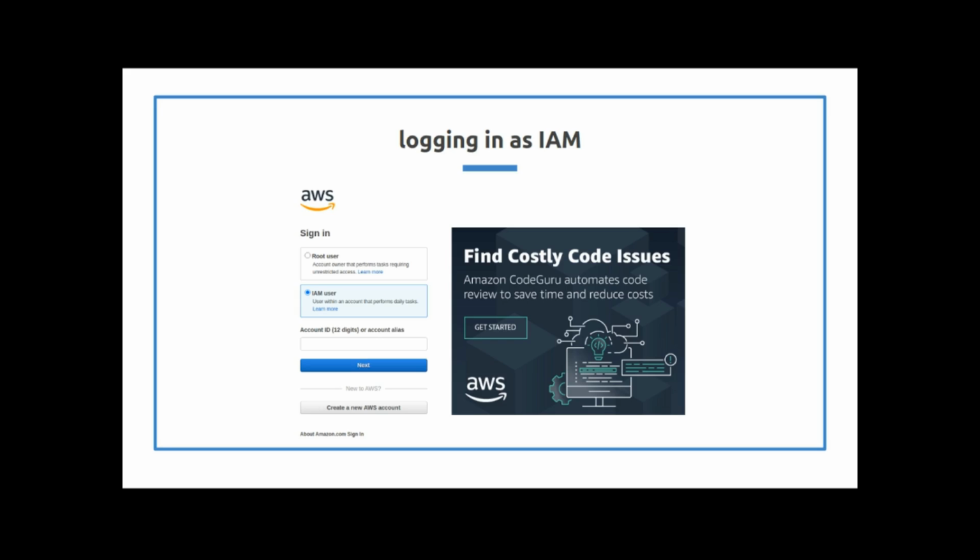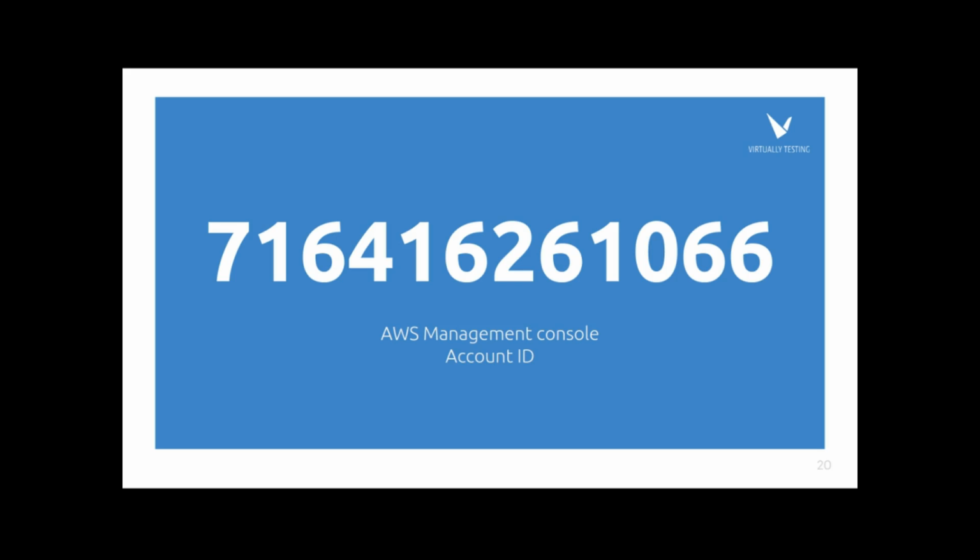The first part is logging in as an IAM user. So it's a little different than logging in as root. Right now, I created those users with my root account, but now I want to log in as them. It's a little bit different process. So you just click on the IAM user, and this particular number is my account ID, and you have to put that in there. So that's just the process. I'll show you how it works over in the live demo now.